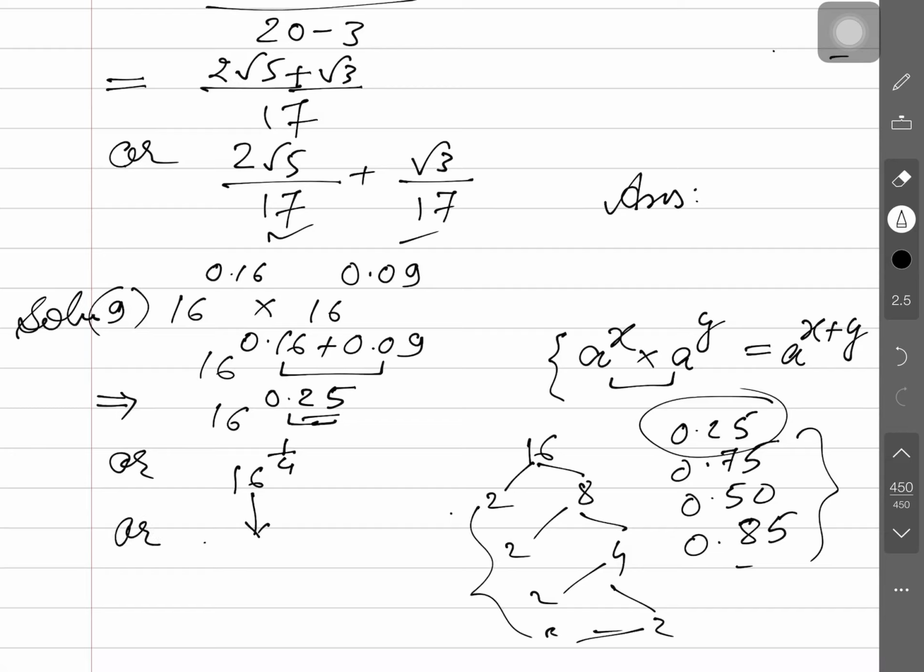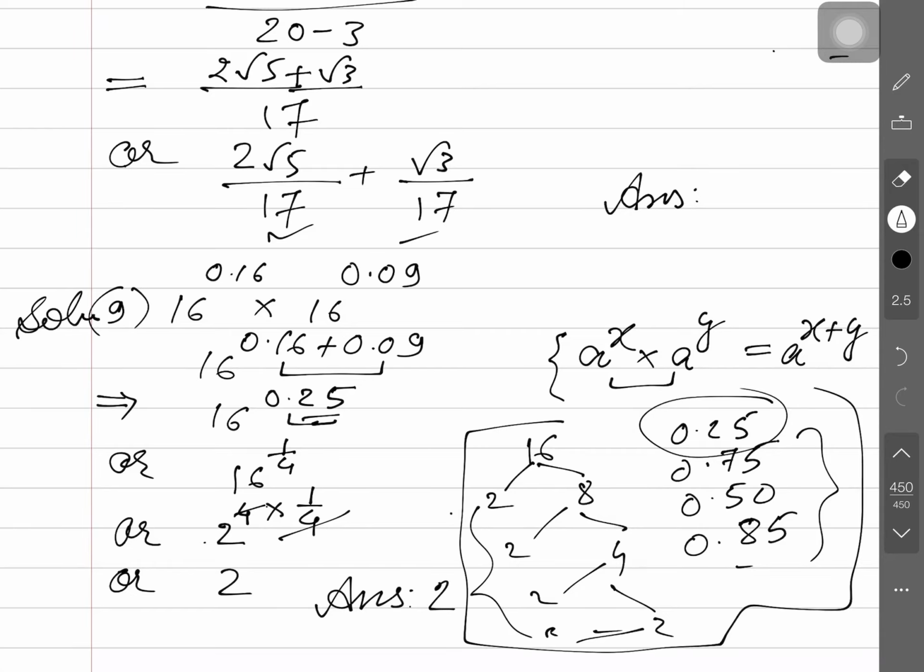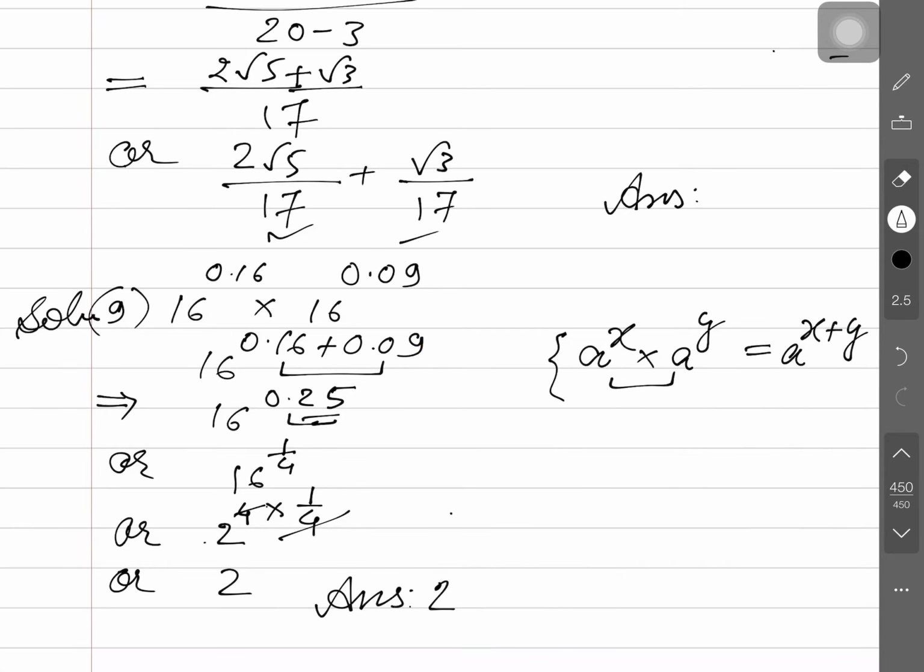This can be written as 2 raised to the power 4, and the power is to be what here? Multiplied. 4 what? Cancels. What is left here? 2. Can you solve this expression further? No. Your answer is 2. This is the rough work. Okay. Marks will not be deducted for not attempting this rough work. Is that clear? Remember, please.